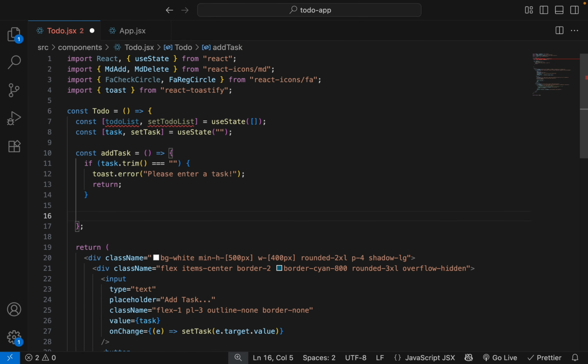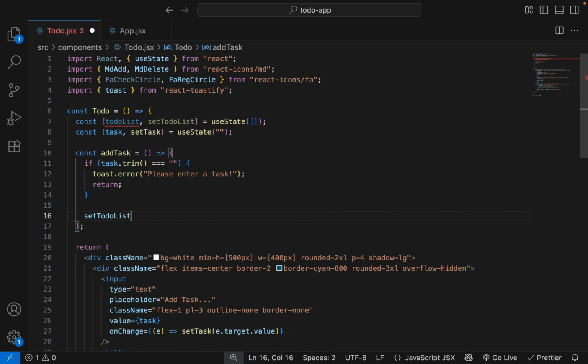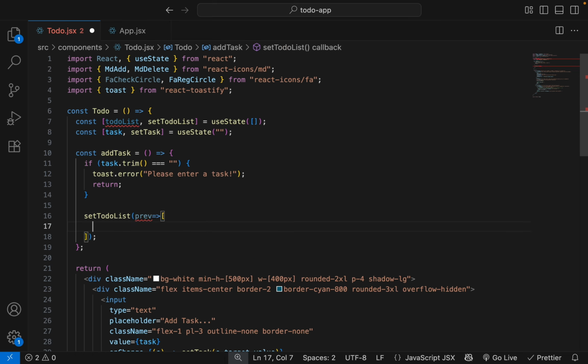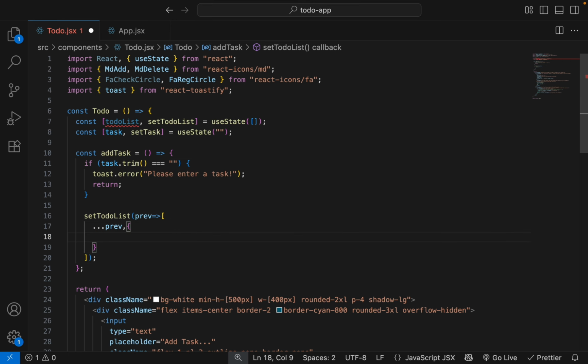After that, let's set to-do list. We will get previous data and previous data and add new.